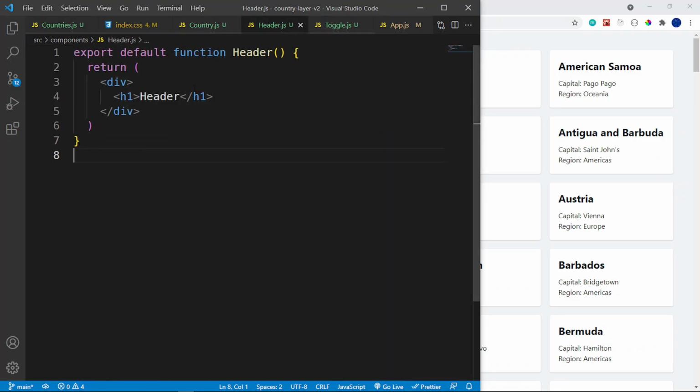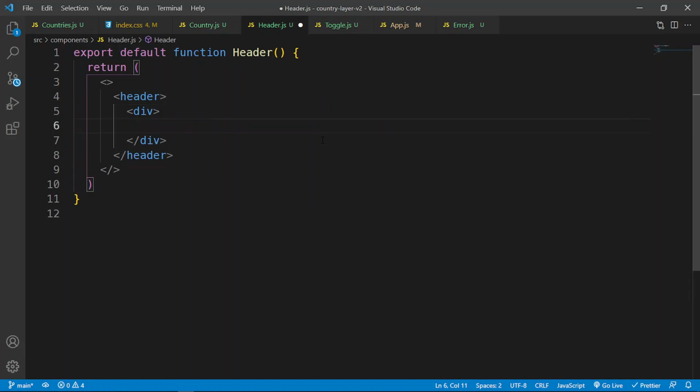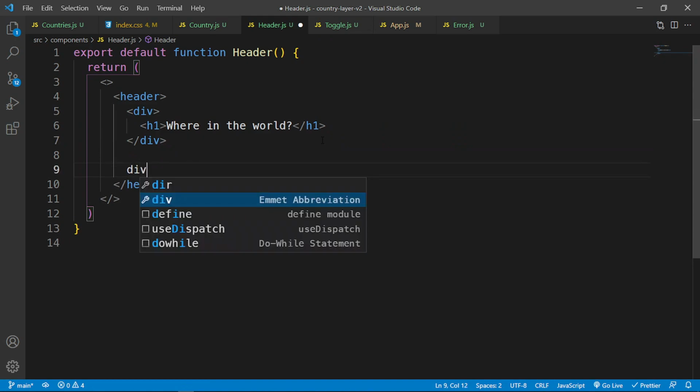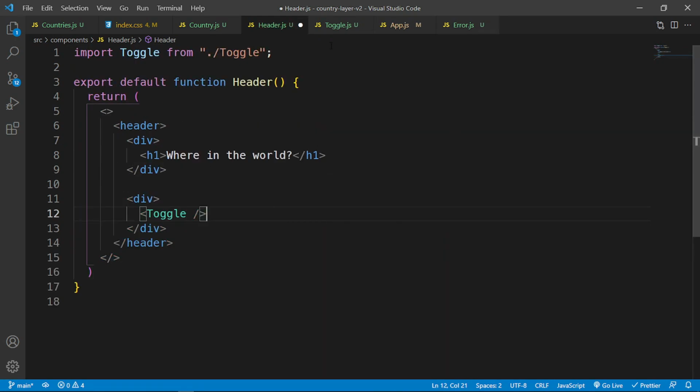So let's go into header, and then let me place this full screen. And what I want to do is inside here, we're going to return a fragment and then our header element, and then inside header, we're going to have a div with an h2 that says where in the world. Actually, no, let's say h1 because it's the only h1 on the page, so where in the world. And then below this, we're going to have another div that says our toggle component, which we import from toggle